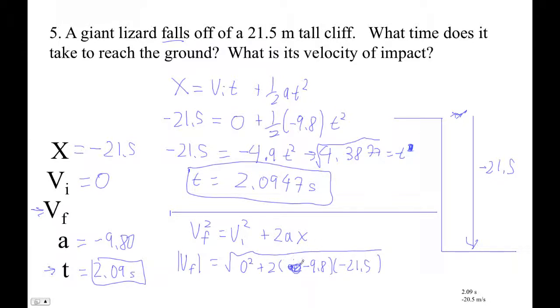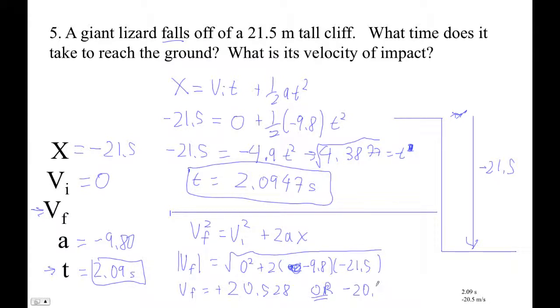Okay, so notice that the 2 minuses make this positive. We don't end up with an imaginary or unreal answer. So square root of 2 times 9.8 times 21.5. I didn't type either minus sign in. I'm kind of a rebel. 20.528, right? So the absolute value of v, so v_f is equal to either positive 20.528 or